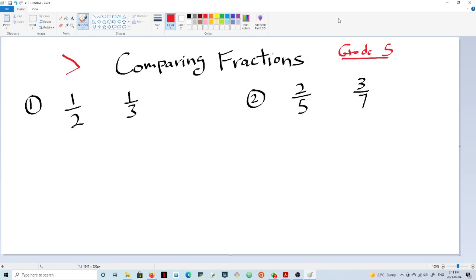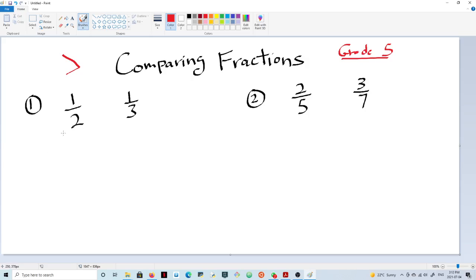So if you have a fraction, a half and 1/3, and you want to know which one is the bigger fraction here. Now the first thing you need to do is to get the denominators to be of the same order, or you need to get the denominators to be the same. To get the denominators to be the same, you take